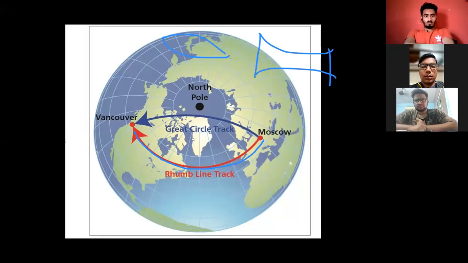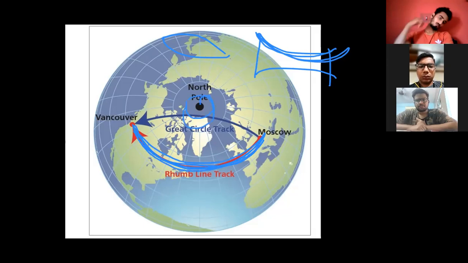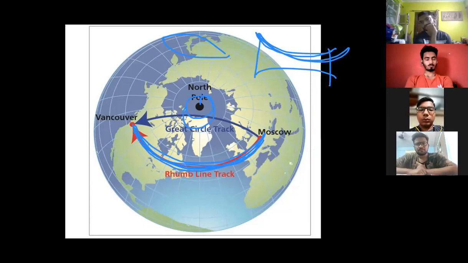These two shapes are very common. In 10th, 12th standard, we have studied concave and convex. So can you see this concave and convex shape? It is something like a cave, right? Something like a cave. That's the reason it is called concave. So can you see the shape? It is the same shape. So that's the reason rhumb lines are curved concave to the pole. It is curved concave to the pole. Got my point? What I'm trying to tell you?